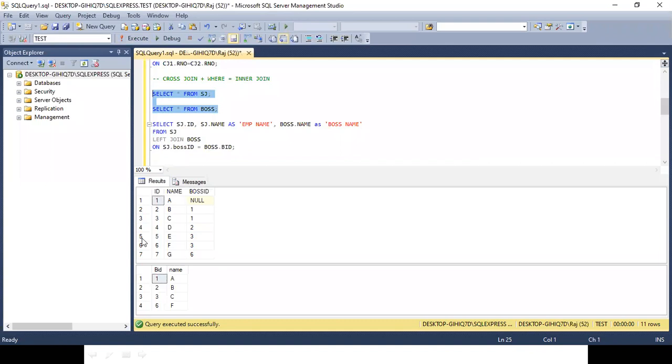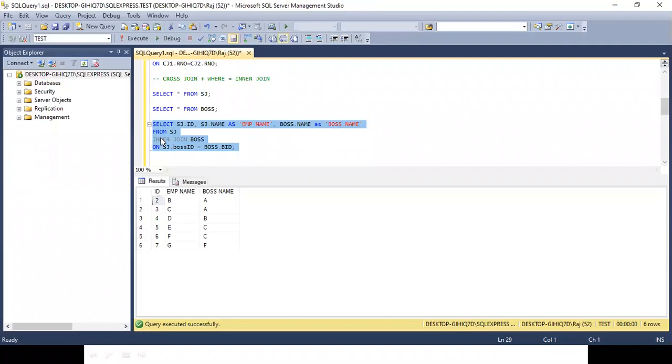Now a very nice question coming up. This is an example of left join, okay? Sir, can we do this with inner join? Yes, we can. Inner join boss on SJ boss ID is equal to boss ID. Let's put it. Why not? We can use any join. We are using inner join. We are getting the output. What is the difference you have observed over here?